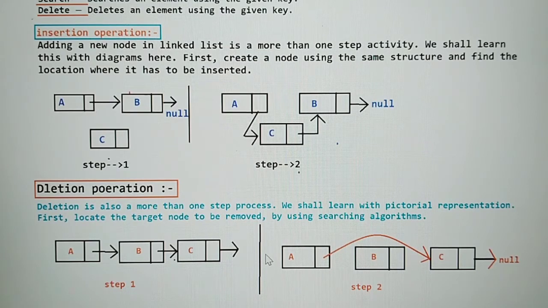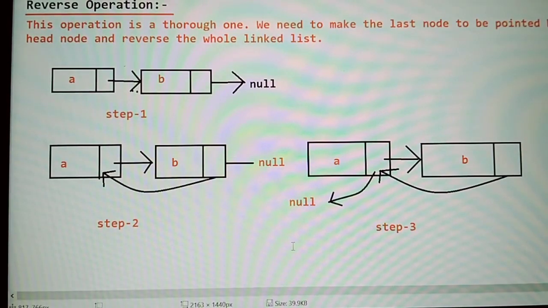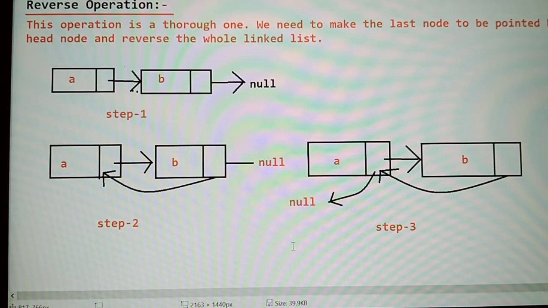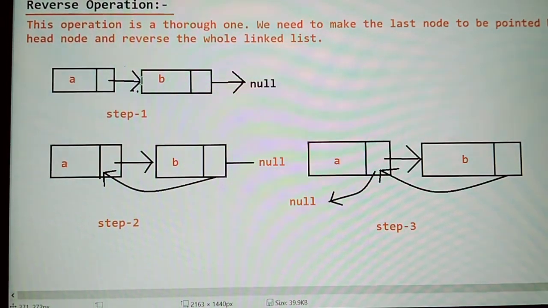So now I am going to show you the reverse operation. So what is the reverse operation? In this operation we need to make the last node point to the head node and reverse the whole linked list. So from step 1 to step 3, I will discuss the reverse operation. In the reverse operation you can see that in step 1 it is a linear singly linked list,